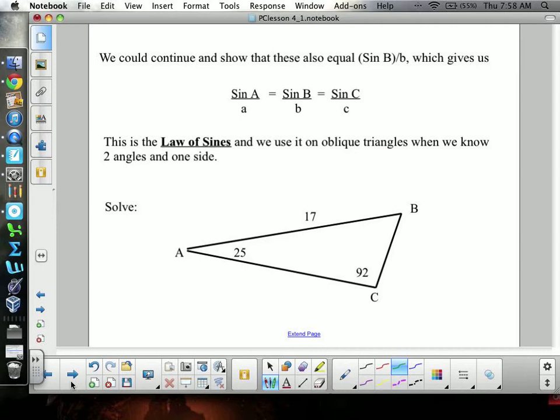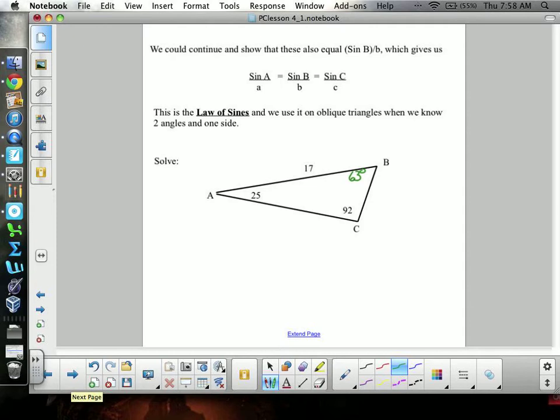Because if I know two angles, I know the third angle by triangle sum, right? So if I know two angles of a triangle, 25 and 92, that gives me 117. That leaves my other angle to be what, 63? Okay? And I can solve this triangle very easily using law of sines. I'll show you how. This is side B, this is side A,